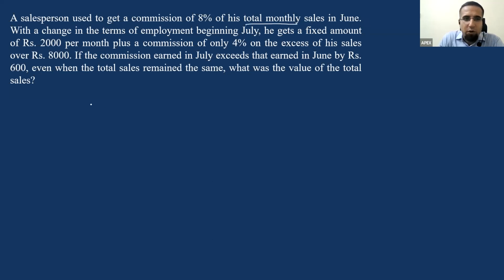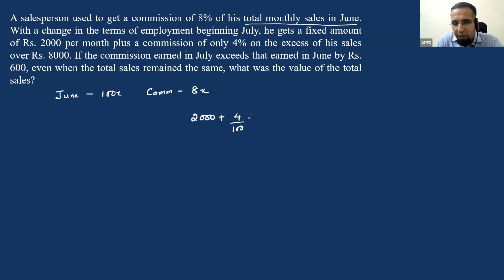So if I assume that total monthly sales in June was 100x, the commission of the salesman becomes 8x. Now, with a change in the terms of employment, in July he gets a fixed amount of 2000 rupees plus a commission of 4%